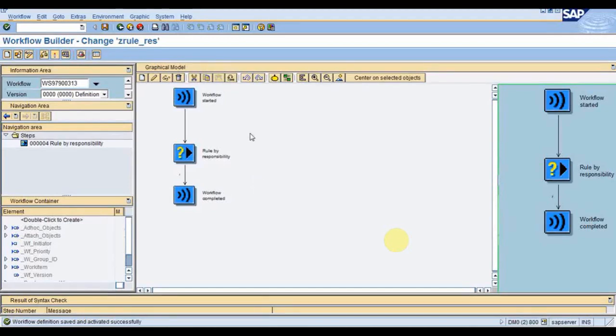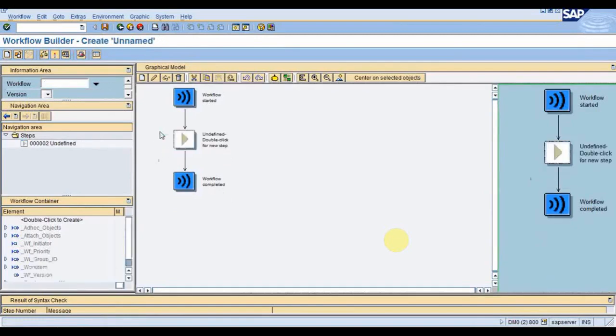While executing the workflow, the agents are assigned dynamically, that means based on the user's desire. Suppose I am executing this workflow, at runtime I will decide to whom it should be sent. So let me show you. First, I will create one new workflow.